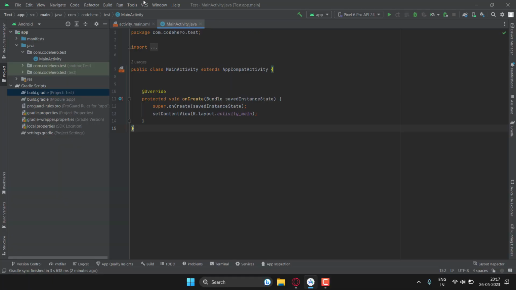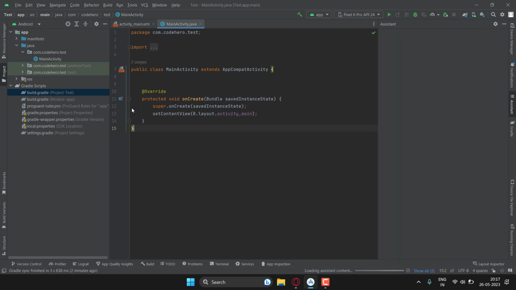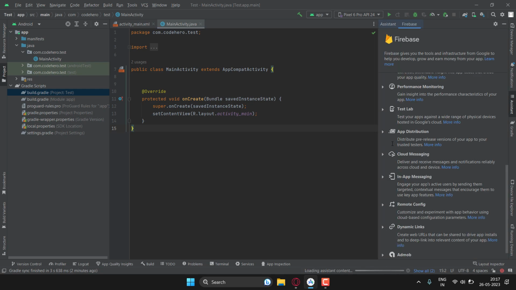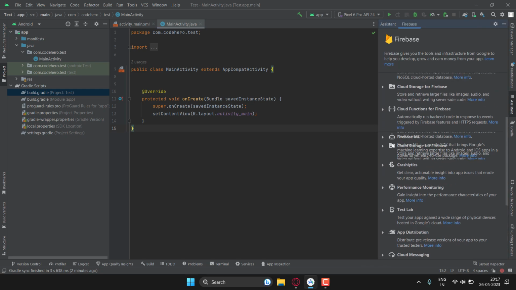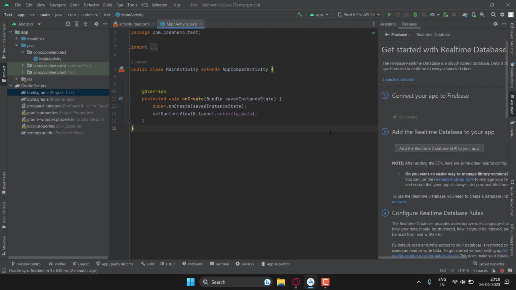So first of all, open your project, go to tools, click on Firebase, then select whichever service you want to remove, click on get started. So as you can see, my Firebase is connected to the app. So to remove it, go to your web browser,